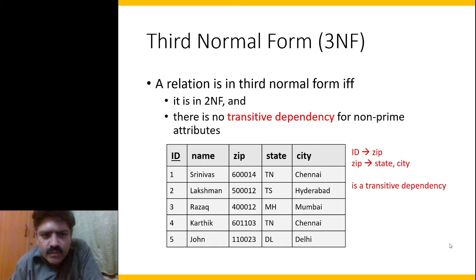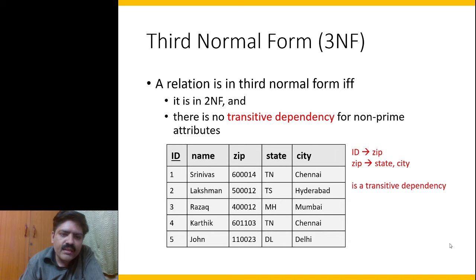Welcome to third normal form. A relation is in third normal form if and only if it is in second normal form and there is no transitive dependency for non-prime attributes. Now take this